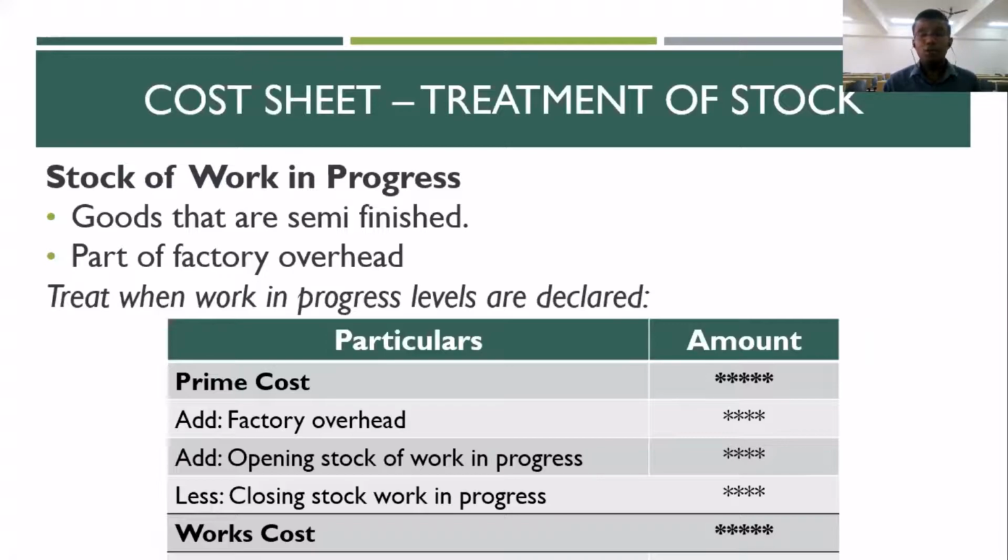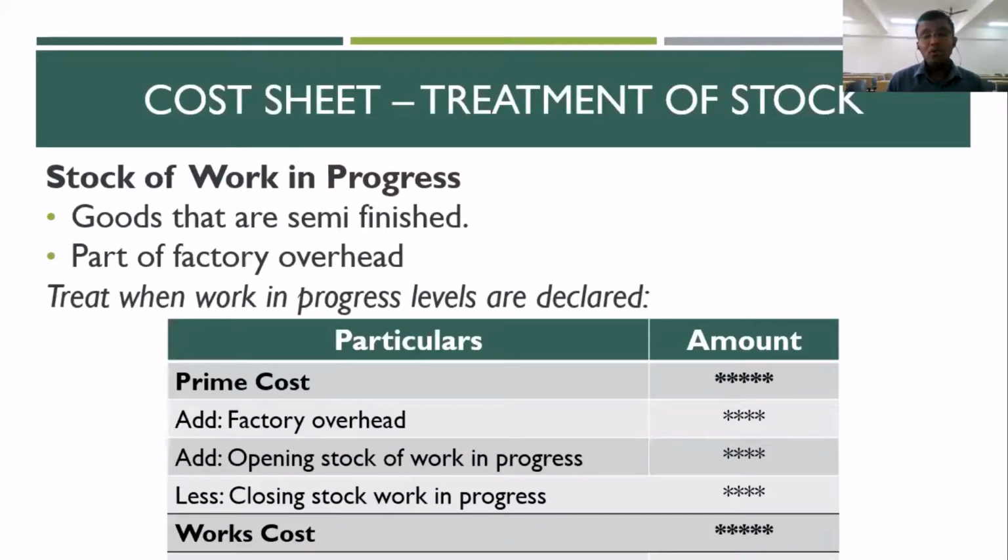For a carpenter to work on the raw material and convert it into a finished good, which is the furniture, the carpenter may need a period of time. The raw material in his case would be wood, and he starts processing the wood, but now it is not a completed furniture as yet. It still needs to undergo some more stages, some more activity. That is when you can call it finished goods.